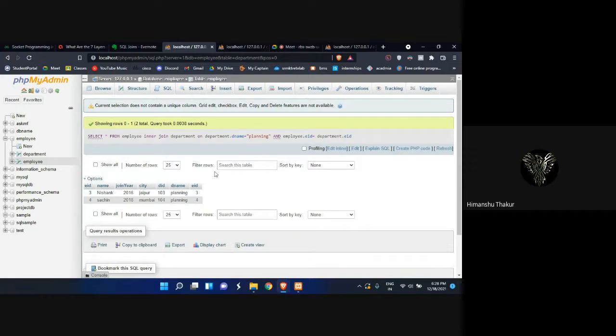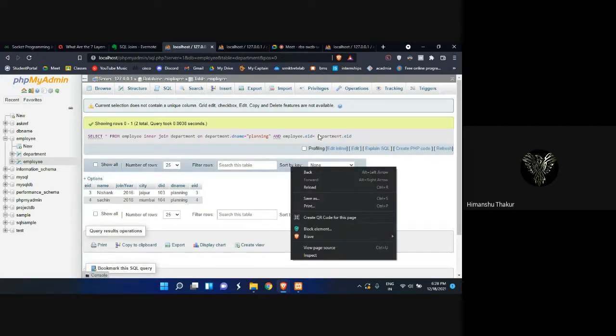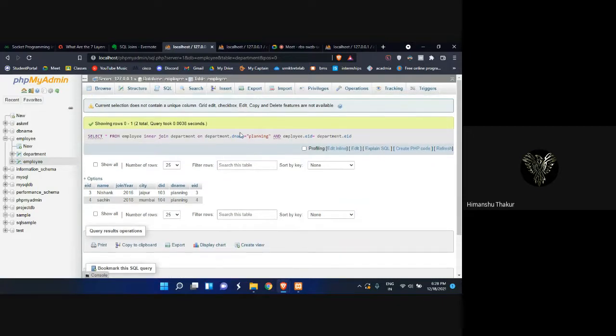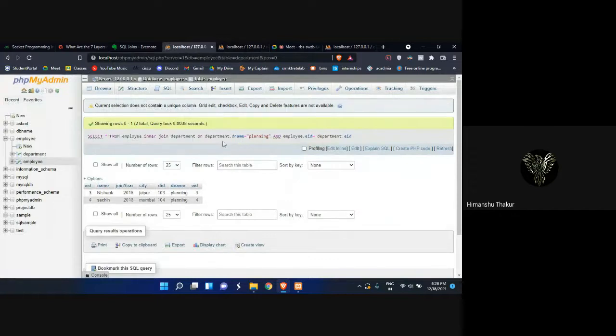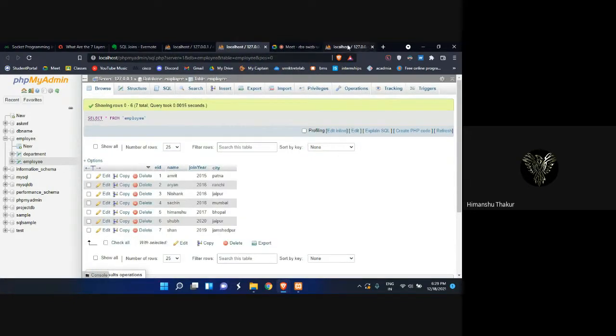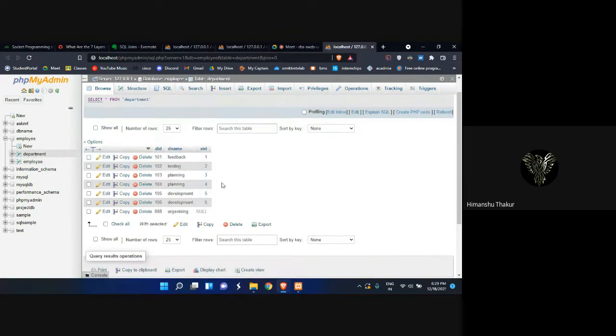Sorry for being this late. I also got confused actually. What was happening earlier was that it was selecting the details of the employee where the department is planning. Whenever we join, the cross product happens, and that's why it was repeating the results. The number of times the record was there, 7 into the planning, was 14 times. It was repeating that 14 times.